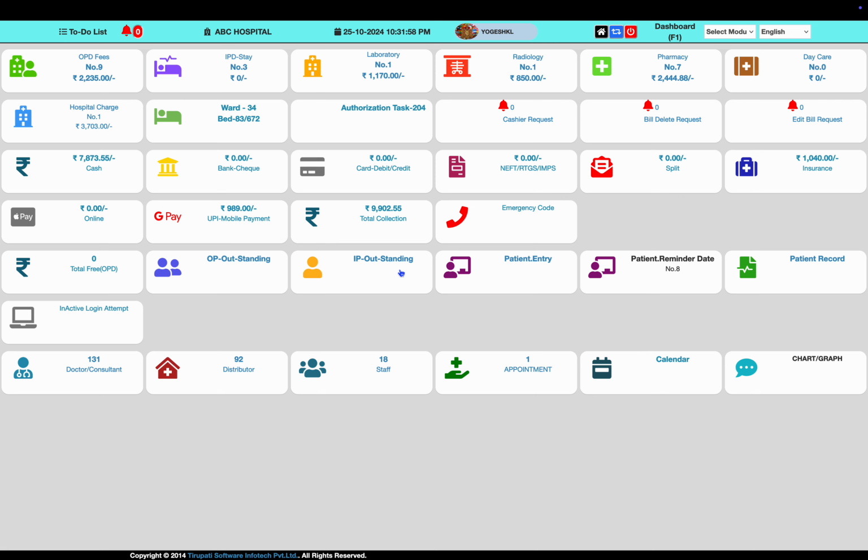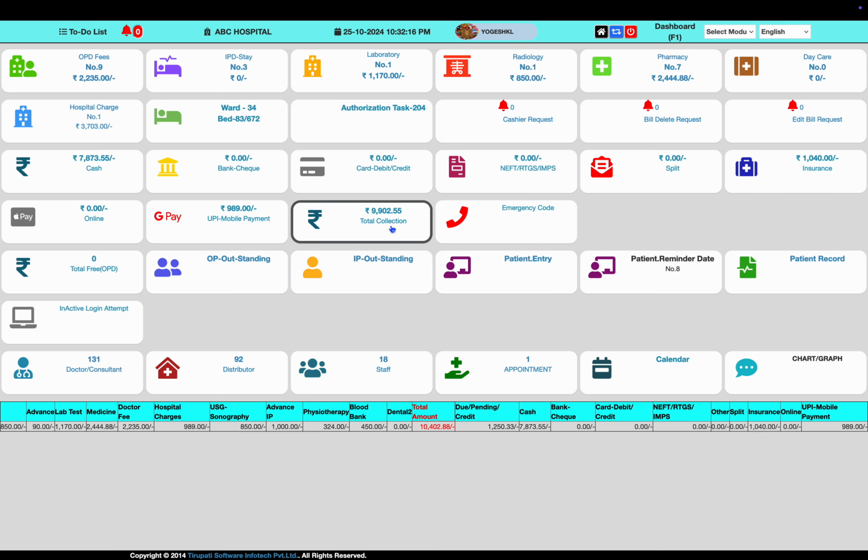Parallelly, this module also helps the owner see the collections by payment mode, like cash collection, UPI collection, bank cheque, account transfer collection, debit and credit card payment receipts, and insurance payment settlement information, along with the various kinds of total collection. If you click the total collection, you can also observe the department-wise billing revenue and the total collection, and the payment-wise bifurcation can also be seen here.